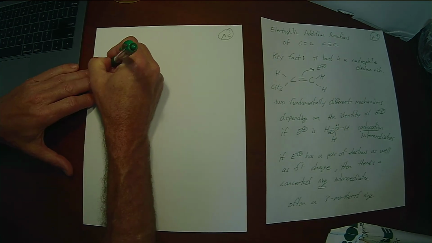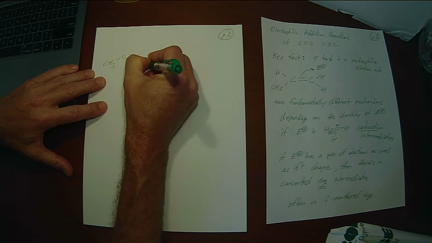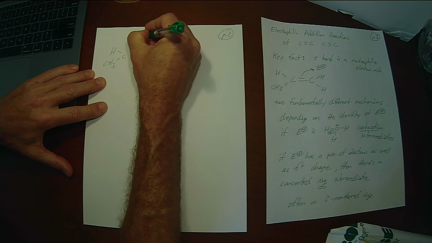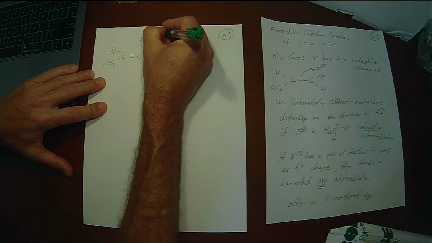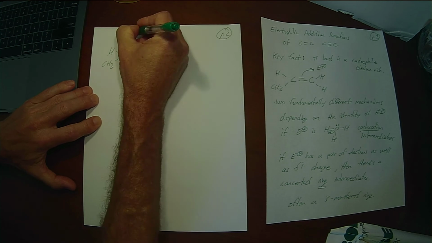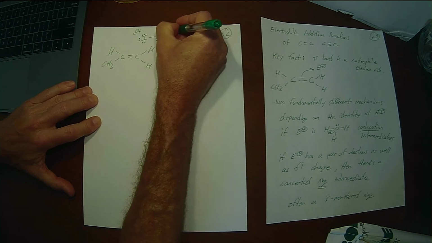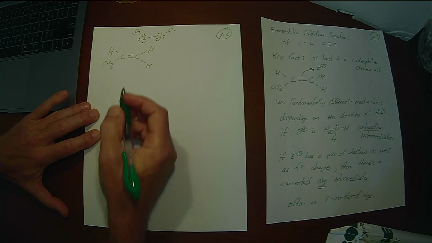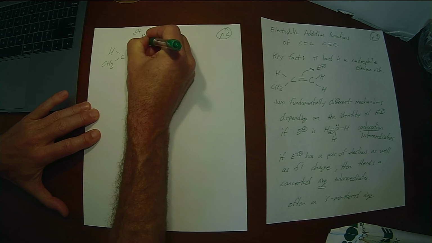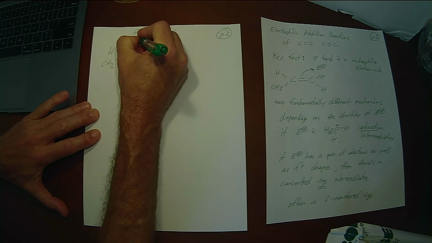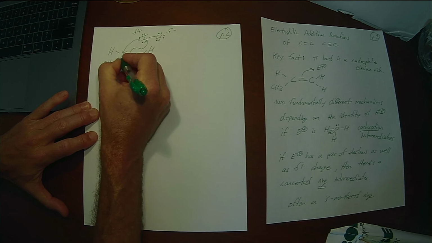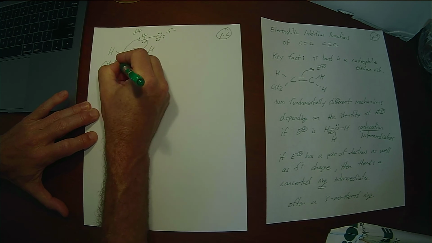So what do I mean? What I mean is if you've got something like iodine monochloride, for example, it's a heteronuclear diatomic. There's going to be a partial positive charge on the less electronegative iodine and a partial negative charge on the more electronegative chlorine. So the electrophile is the I, but it also has pairs of electrons. The pi bond is going to attack the iodine, but at the same time, one of these pairs of electrons is going to come in and attack the other carbon. And I want to draw the pair of electrons pointing at this carbon. That's the more substituted carbon,